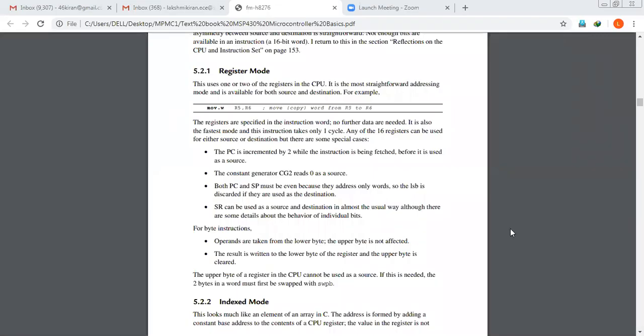Yeah, hello everybody. Now we discuss the addressing modes of MSP430. I hope you know what you mean by addressing mode. Addressing mode specifies the way in which the data will be accessed by the CPU. Basically there are seven addressing modes available for MSP430, and among them seven addressing modes